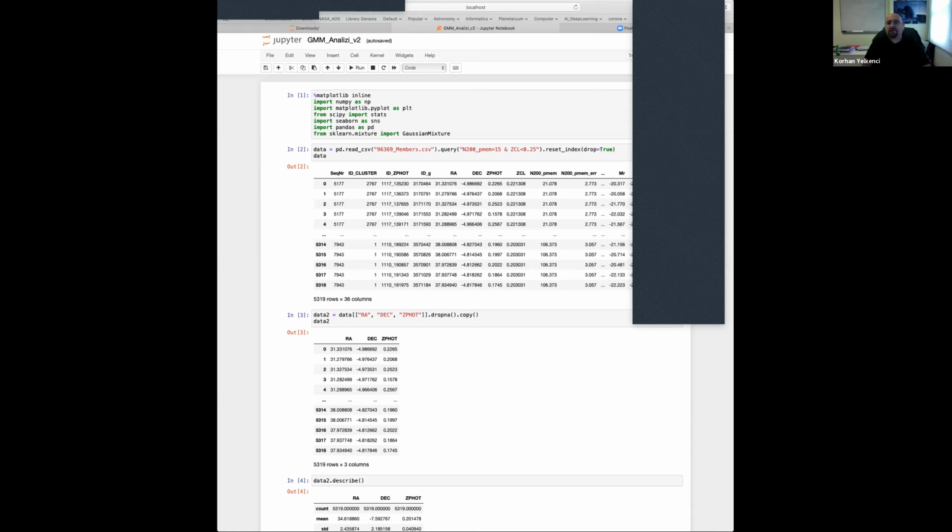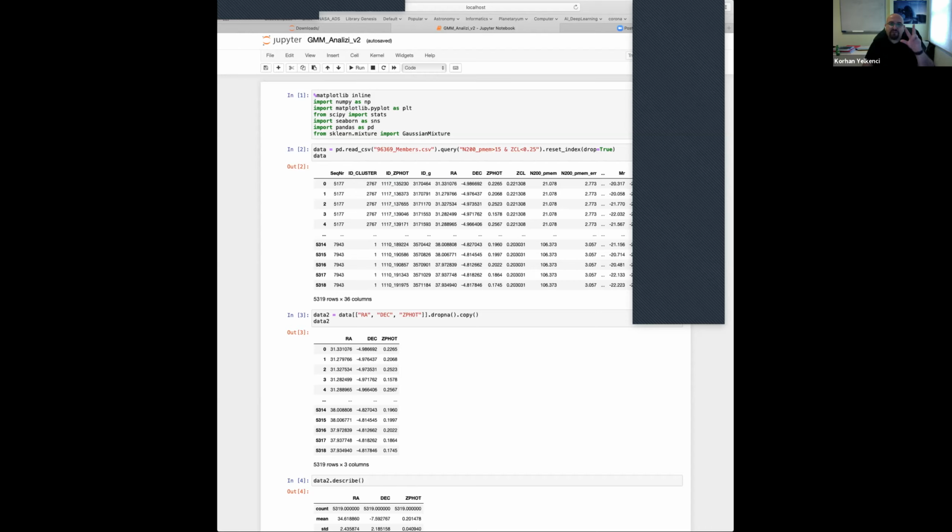Now we have 5,319 galaxies in a CSV data file. They are galaxies coming from CFHT, I guess, and they have RA and Dec. So we know the positions on the sky, and we have the photometric redshift of those galaxies.